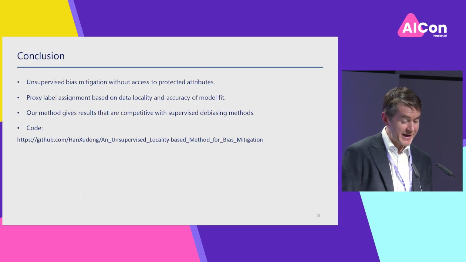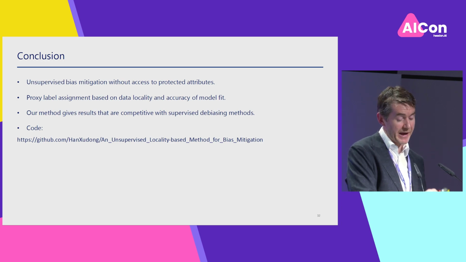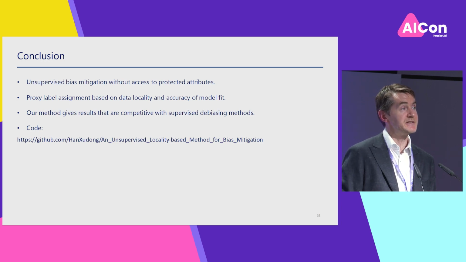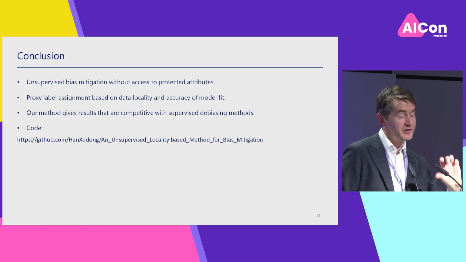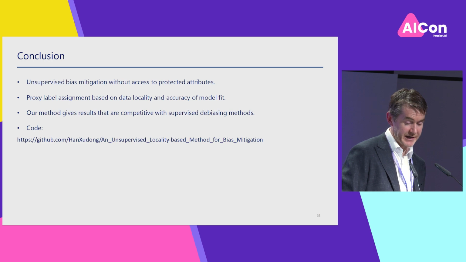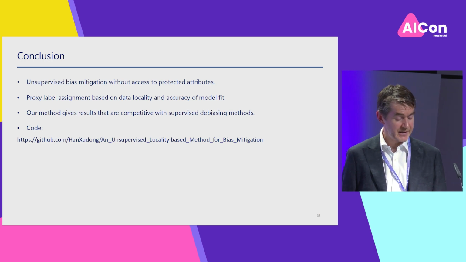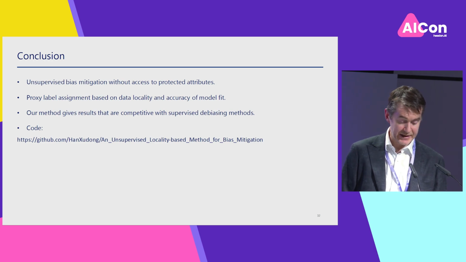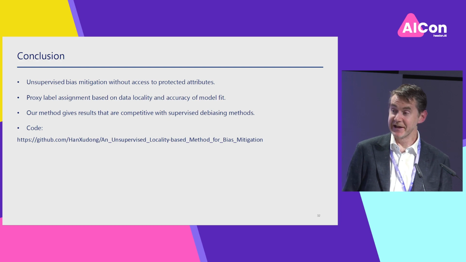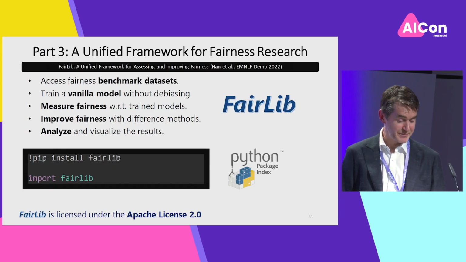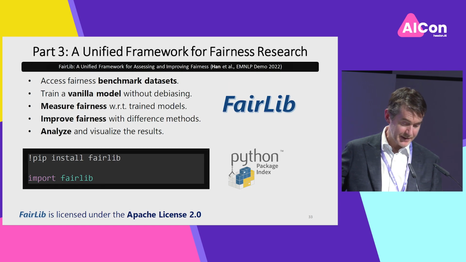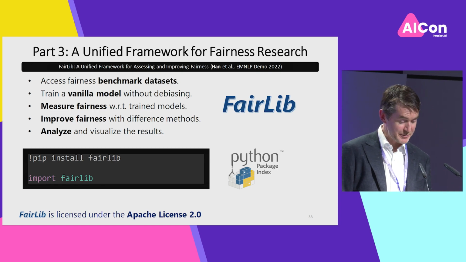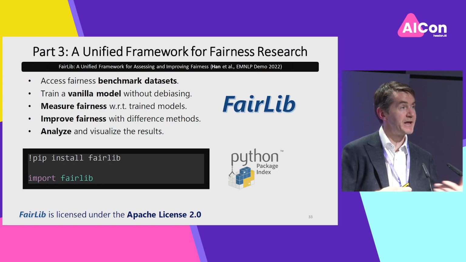So the conclusion of this part is you can do a surprising amount with fully unsupervised bias mitigation methods, using this simple heuristic of observing the training loss with respect to the target variable, and get results that are surprisingly competitive. Just to finish up, I wanted to mention that we have a library called Fairlib, which has implementations of